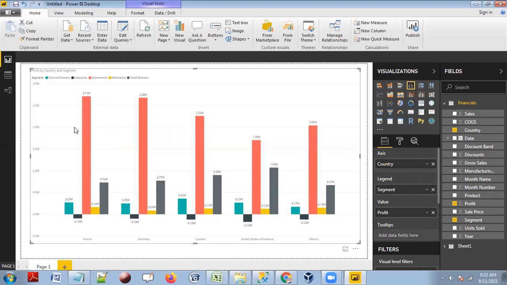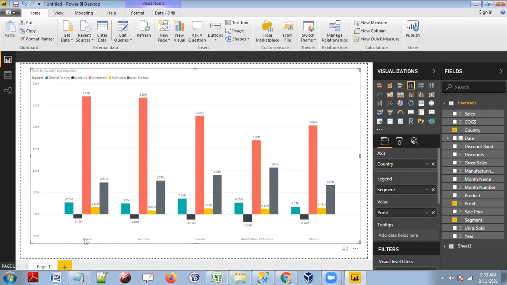And here you see this black color one, enterprise. We are seeing a loss, some loss actually, because their sales price is less than their expenses. That's where we are seeing some negative numbers for this, negative 0.10, 0.10 everywhere. So in enterprise segment, every product and every country in enterprise segment, there are some loss. Okay, that is fine. We'll talk about those things later.